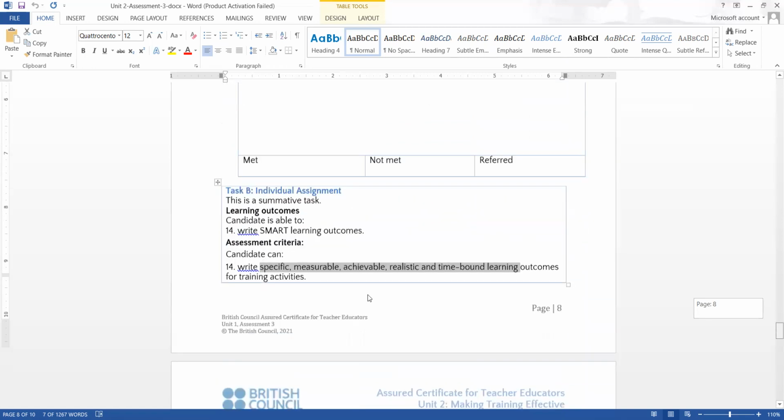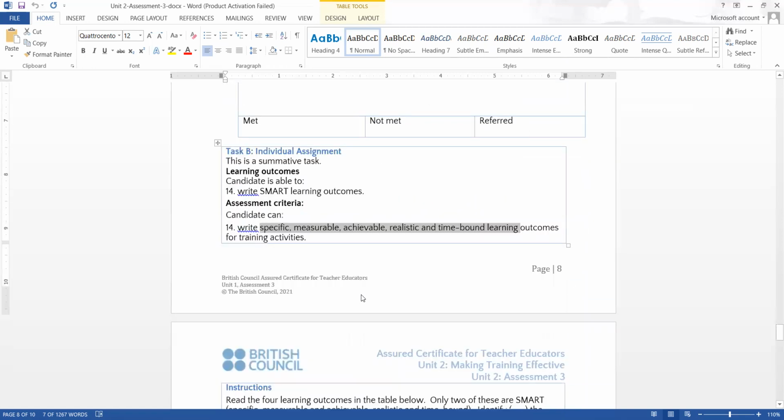But keep in mind they have to be SMART. So something very specific, concise. Obviously not 300 words. It's a learning outcome. It's one learning outcome. That's it. So feel free to send us emails or send a message in the WhatsApp group if you need support with this one. But that's it for this week's task.